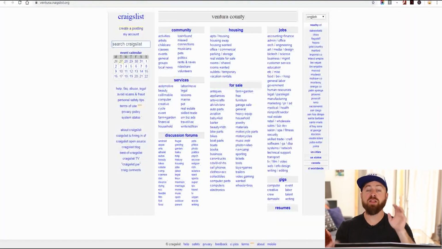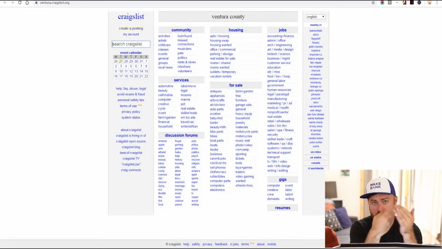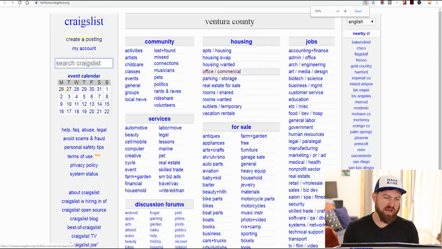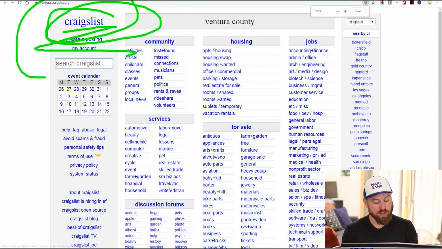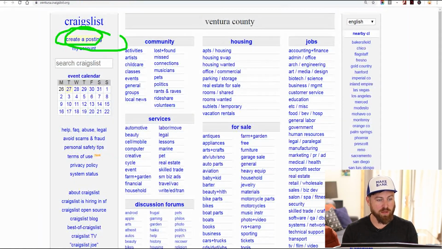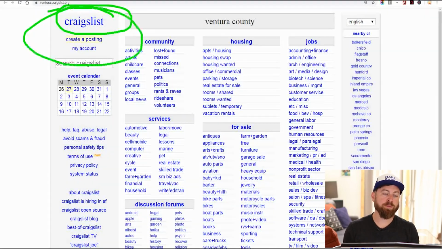And the next site is the best site. And this is the site that I recommend you do. If you made it this far, you are an action taker. And the best site is Craigslist, okay? Craigslist is the biggest site. It's the best site. And you can create postings for free. You just go in here, create a posting. Now, I believe they do require you to verify your phone number or something like that. But the reason this is good is because this is the site with the most amount of traffic, okay? This site has so much traffic, you can make a lot of money posting on Craigslist. So I recommend you post in big cities, in Western countries where people have money.